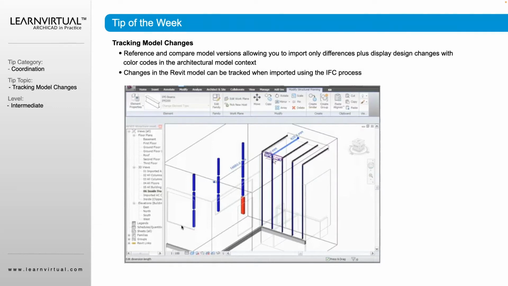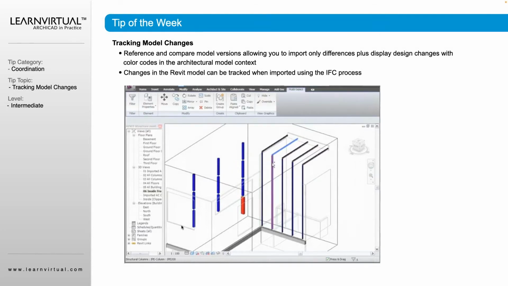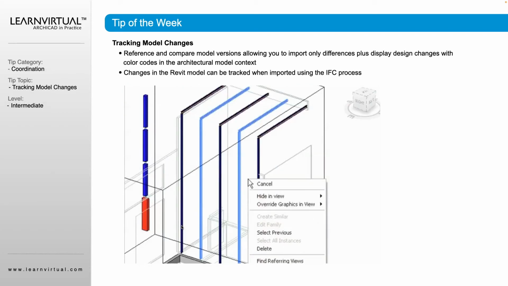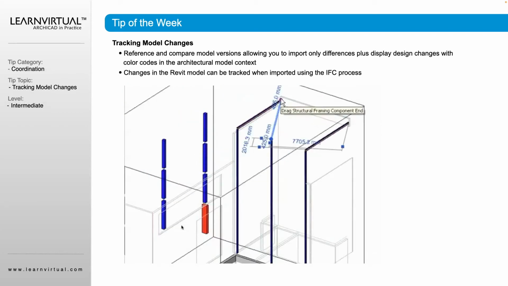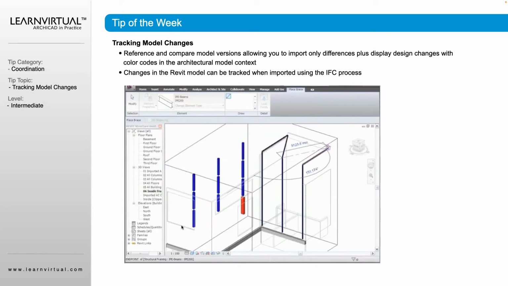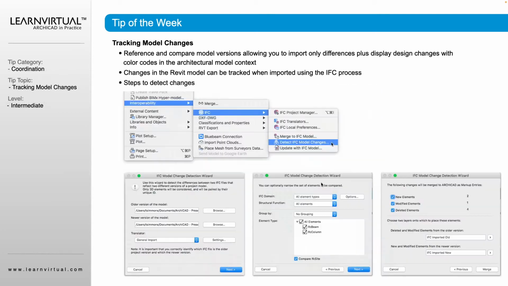Changes with the Revit model can be tracked when you're importing using the IFC process. So this is important and specific to the IFC process. So see here, they're just editing some of these elements in Revit. Okay, and then when those changes are made and we bring those back in, we would go to interoperability, detect